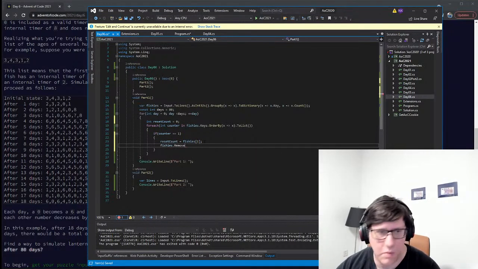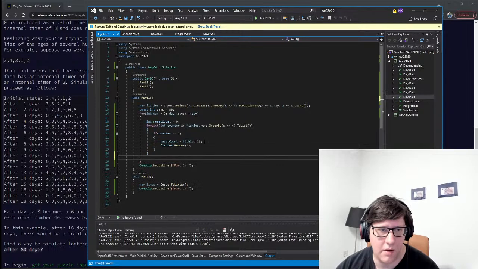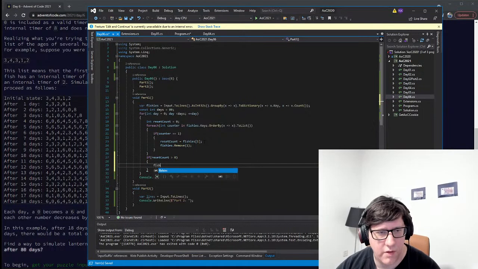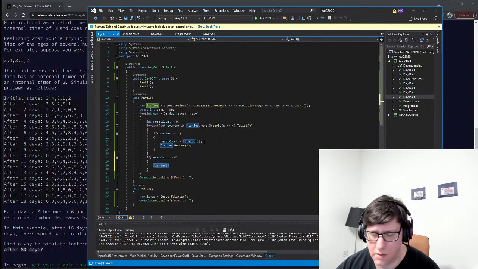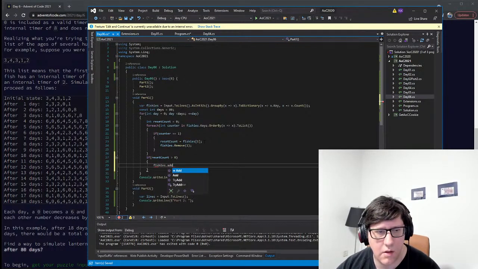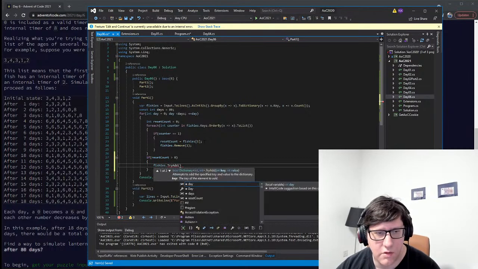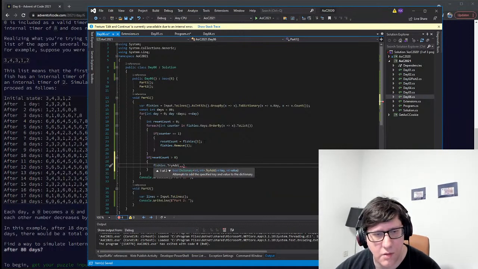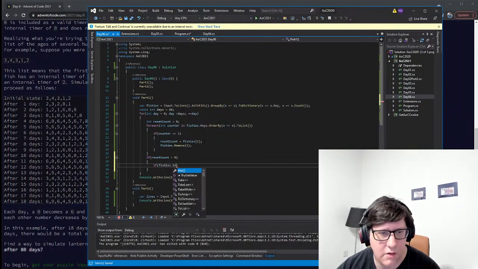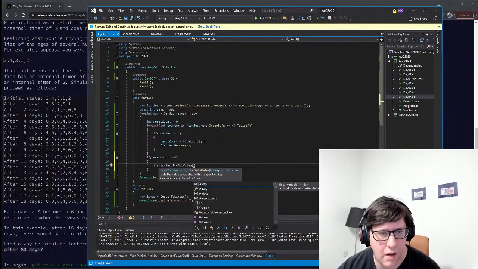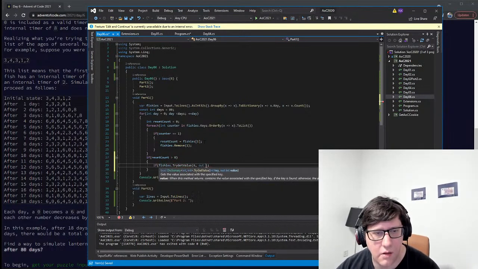Come on, dot remove, because this will become 0, and afterwards we add them here. So we do if reset count larger than 0, we do fishies, can do try add actually. Doesn't that have like an overview where you can... No, okay. If fishies try get value 6 out existing